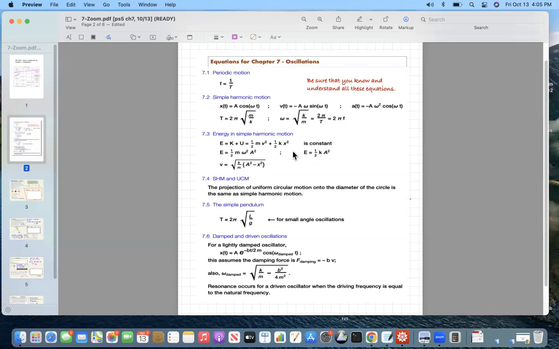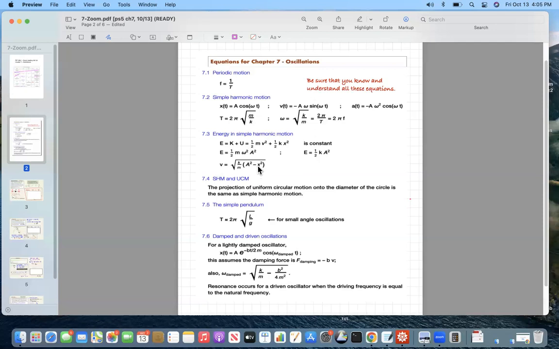So, the energy is sloshing back and forth between kinetic energy and potential energy, but the total amount is always the same. It's just distributed differently between kinetic and potential. And there'll be a time when all of the energy is kinetic energy, there'll be another time, a quarter of a cycle later, where all of the energy is potential energy. And this gives you a way to relate velocity or speed and